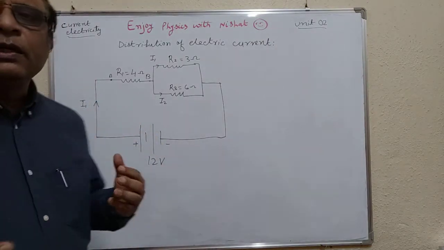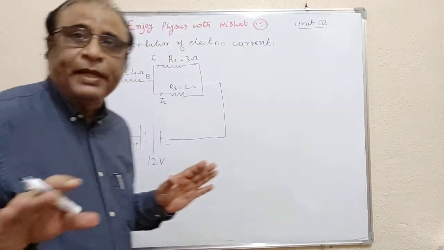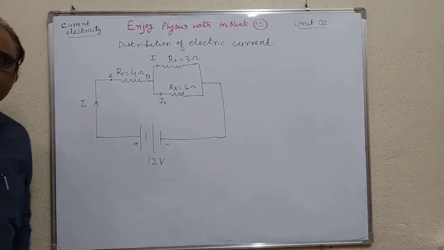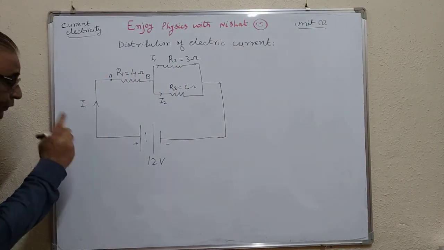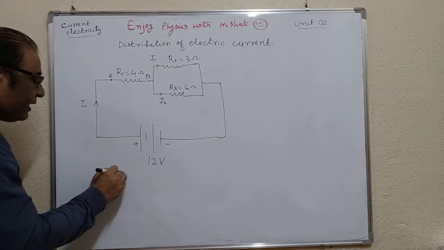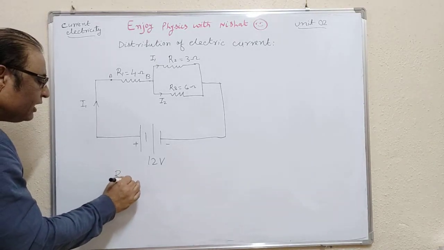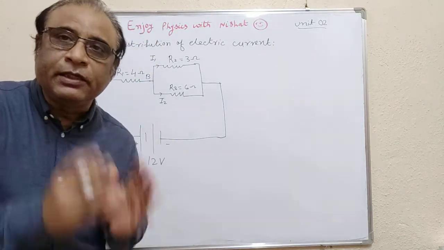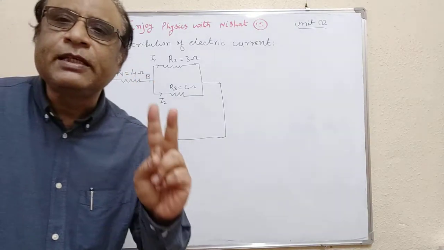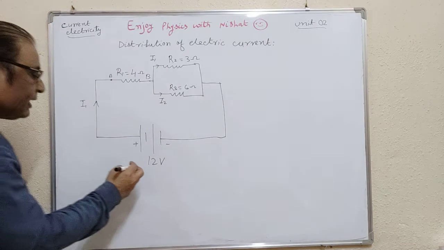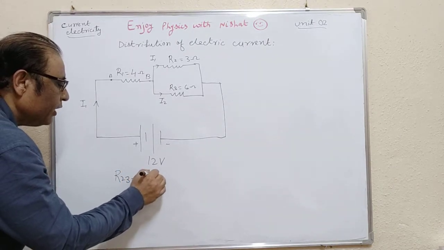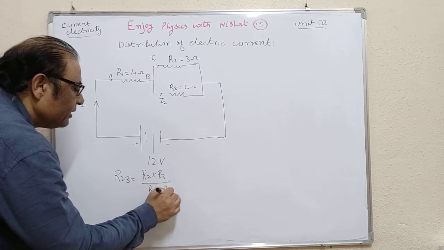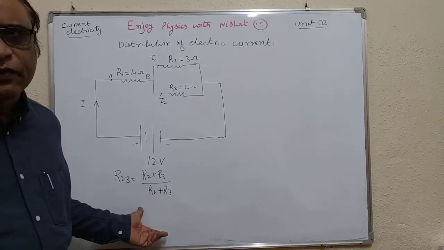First, we have to find the resistance of the entire circuit, the complete resistance of the circuit. It is very easy because R2 and R3 are in parallel. One thing you know, that if two resistances are in parallel, then we can directly use R23, the combined resistance of 2 and 3, with the formula R2 into R3 upon R2 plus R3. Only for two resistances you can use this formula.